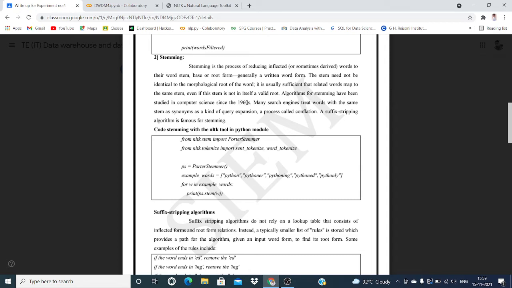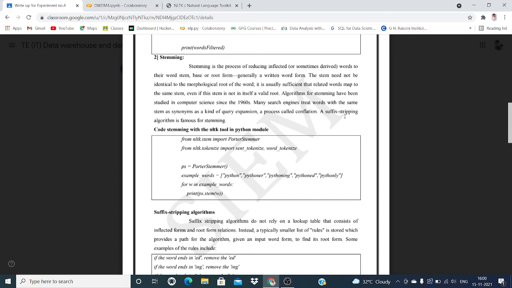Algorithms for stemming have been studied in computer science since the 1960s. Many search engines treat words with the same stem as synonyms as a kind of query expansion, a process called conflation.